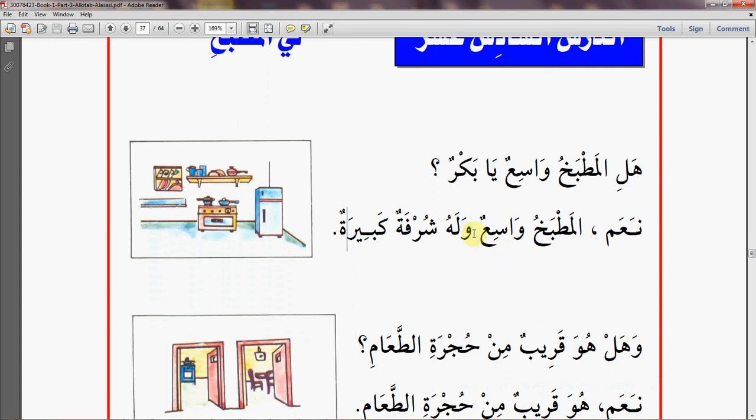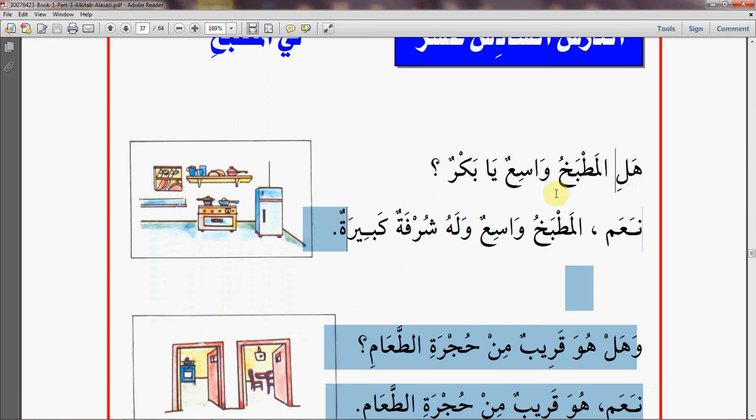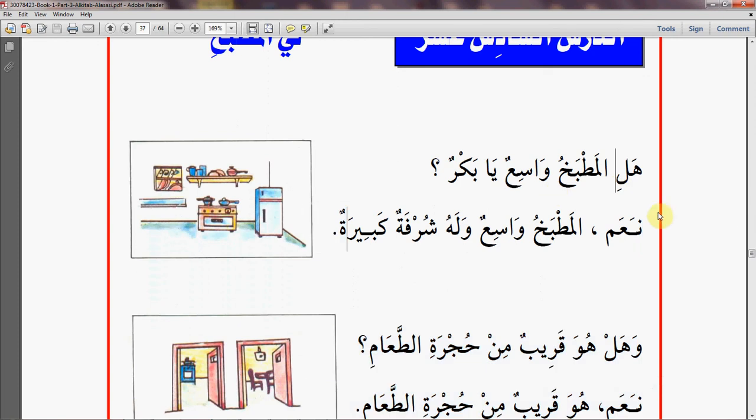Do you remember واسع? واسع means wide, as we learned in the last part of lesson 15. And the opposite of واسع in Arabic is ضيق. ضيق is narrow. So repeat after me these two sentences again. هل المطبخ واسع يا بكر؟